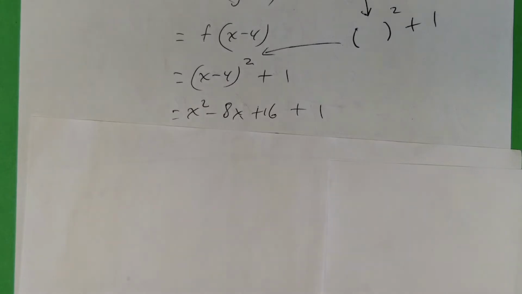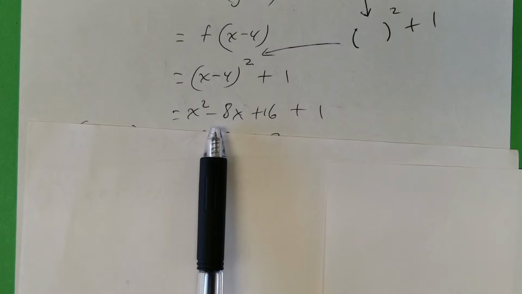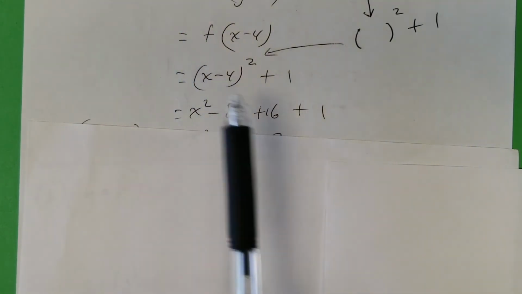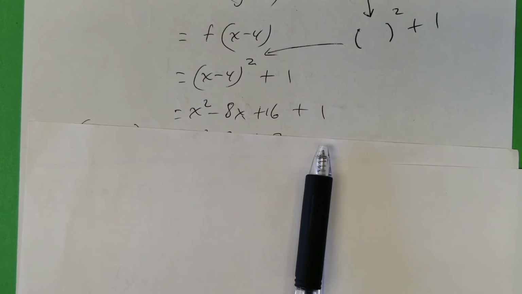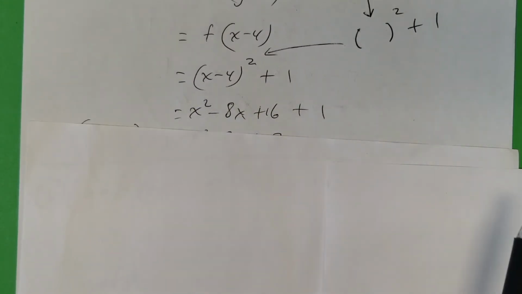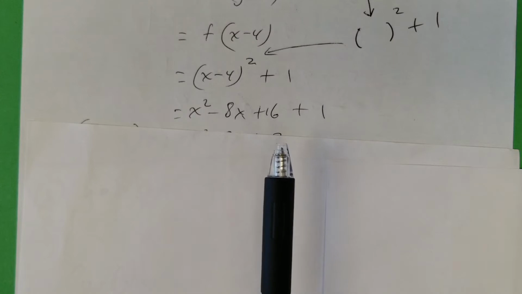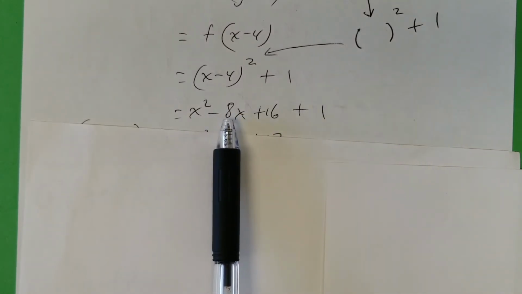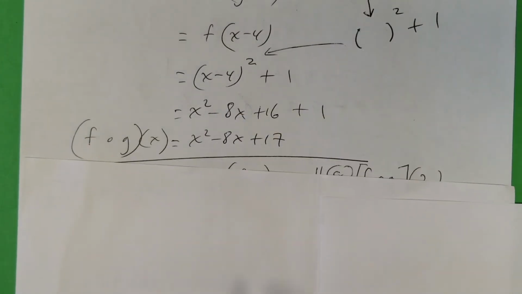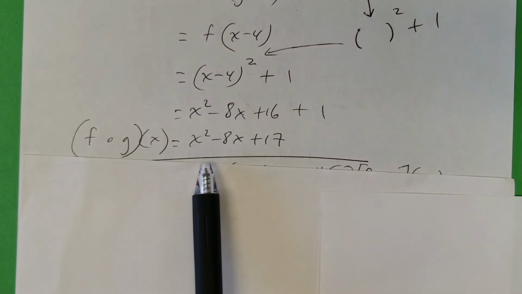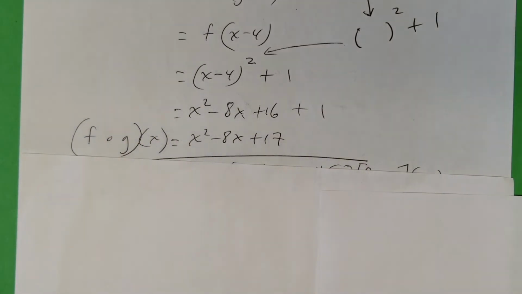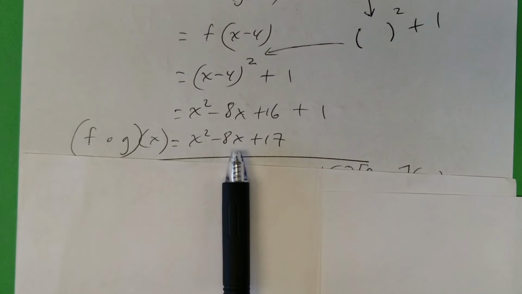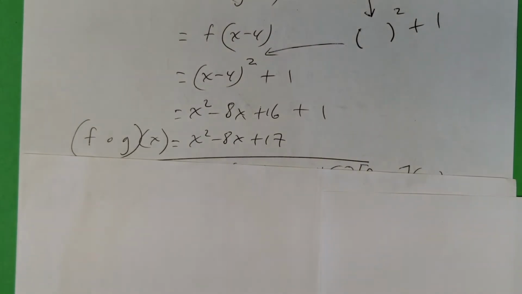Okay? That's it. So now, what I have here is a function of a function. I have f of g of x. This is a new function made up of a function of a function. I know it sounds funny, but this is a new function and it's called f of g of x. This is my new function. Now, with this new function, I could be asked,